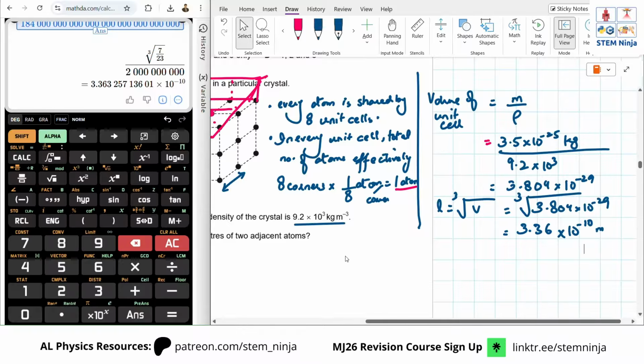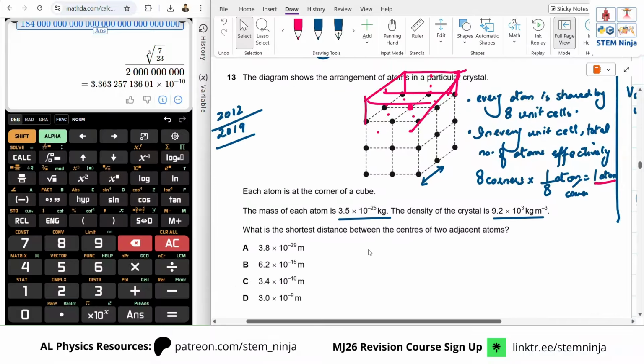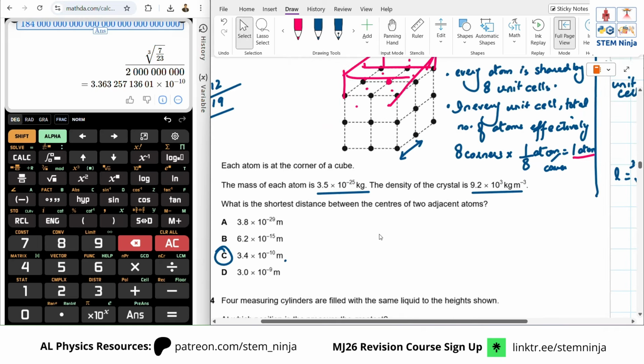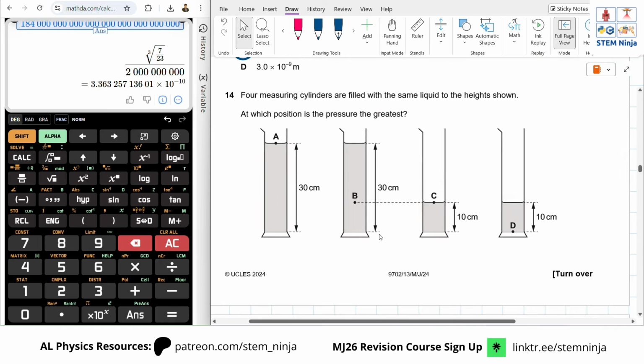So let's see which answer is coming close. Minus 10. So minus 10 is this, and 3.36 is, yes, okay, rounded to 3.4. That is correct. Okay. 4 measuring cylinders are filled with the same liquid to the heights shown, at which point